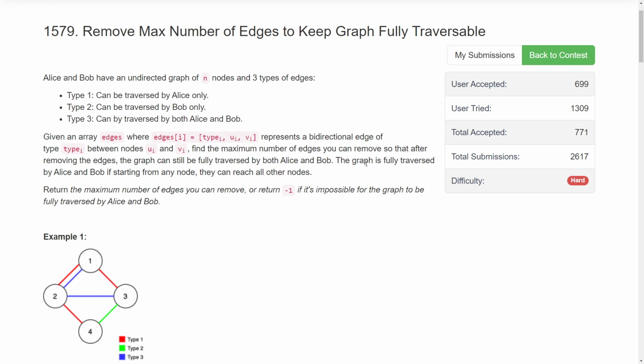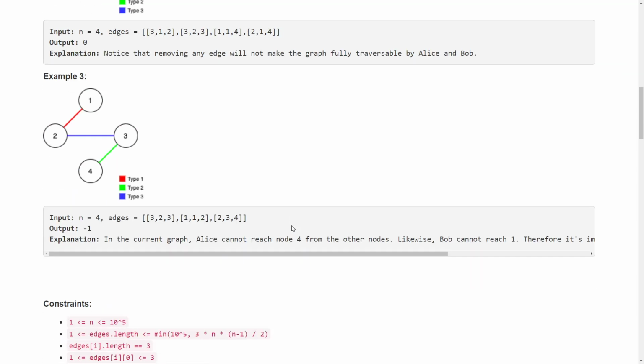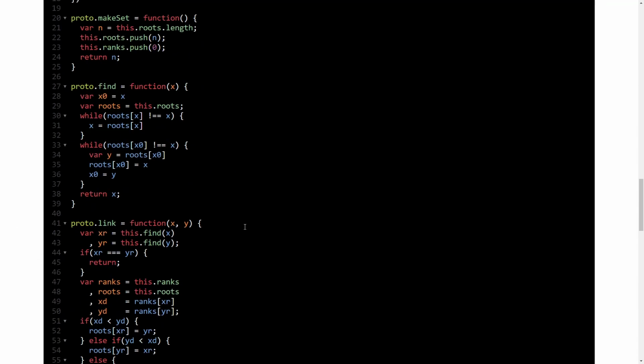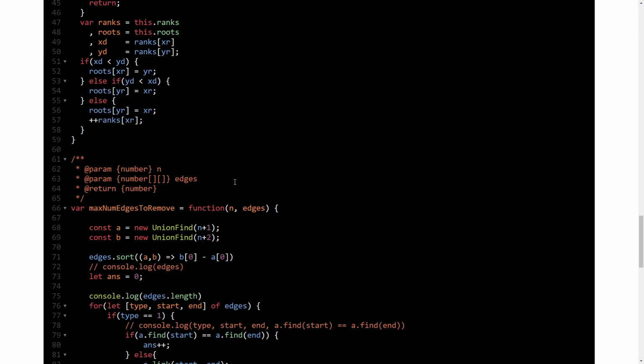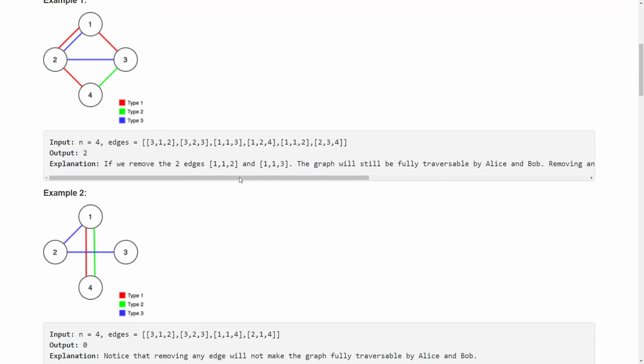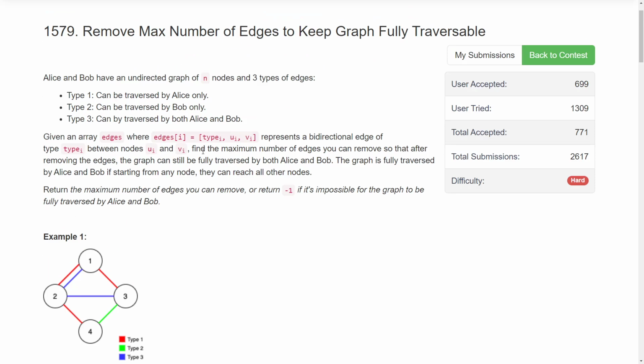Oh, cool. Okay. Find the maximum number of edges you can remove. So what did I do? Just give me 1 second. Let me just think about if my solution is correct.